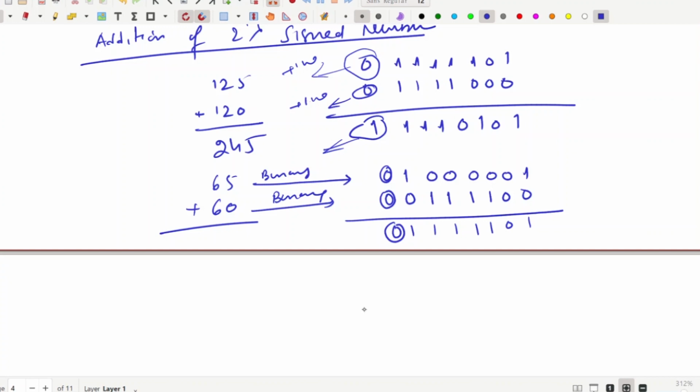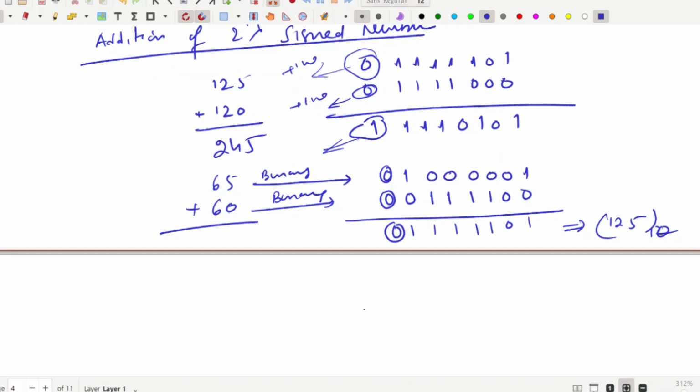So in this way we perform addition when both numbers are positive. The representation may be unsigned or signed. Signed representation means generally we use 2's complement or 1's complement representation for adding and subtracting numbers. But here, for finding the 1's complement of a positive number, as we already discussed, the representation is the same as the binary equivalent of that number in the given bit format.